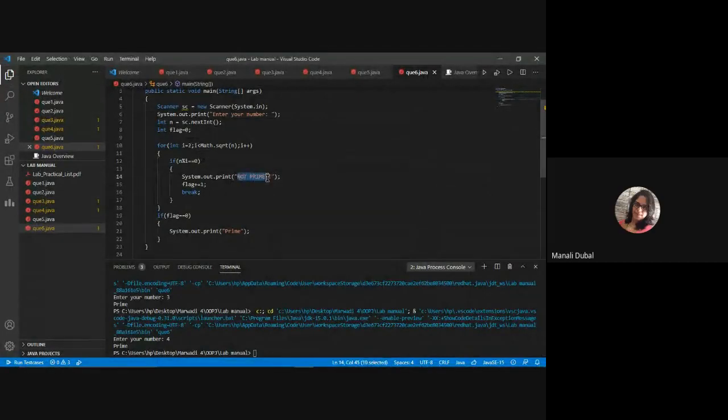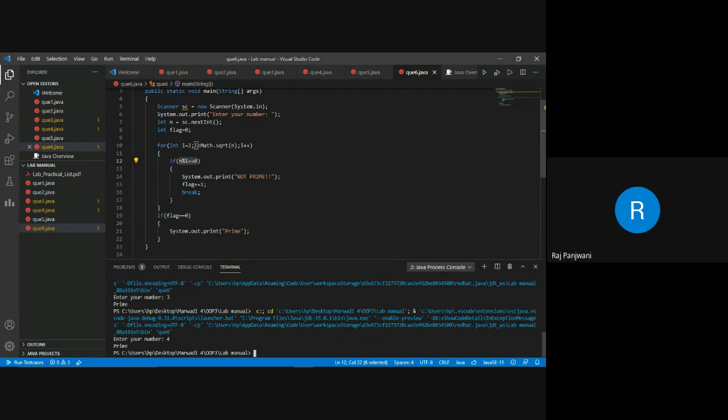SQL of n. I'm getting prime every time. Oh, okay. Just give me 1 second, I will check the logic. Less than n. If flag is 0, then it is prime, if it is not divisible even once. Can you run it? For 4 it is telling you it is prime. Ma'am, for every number it's telling prime.